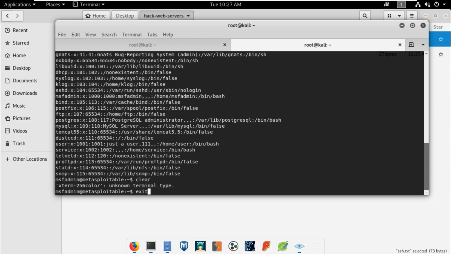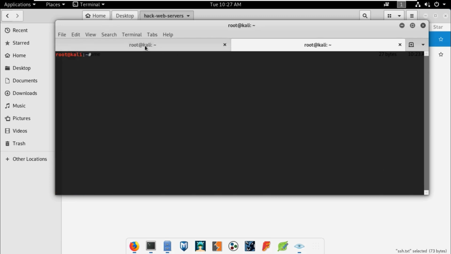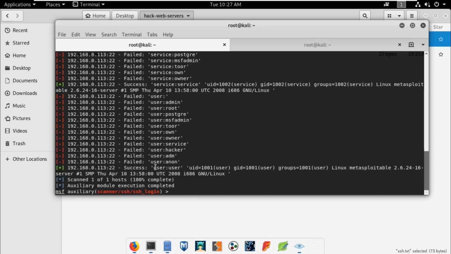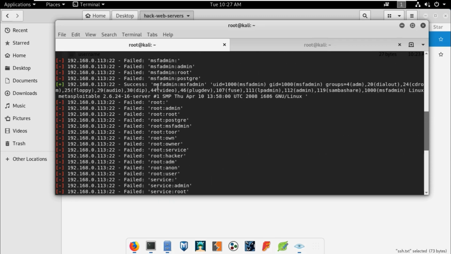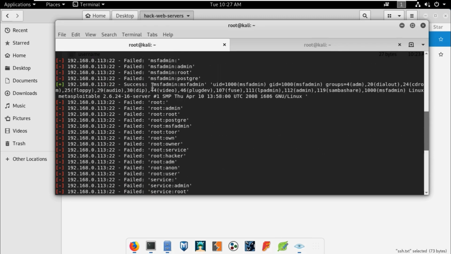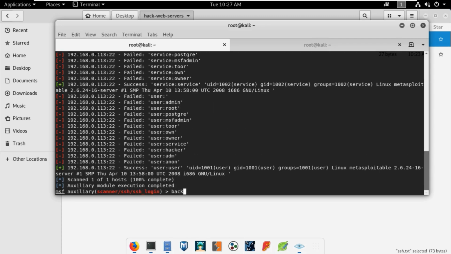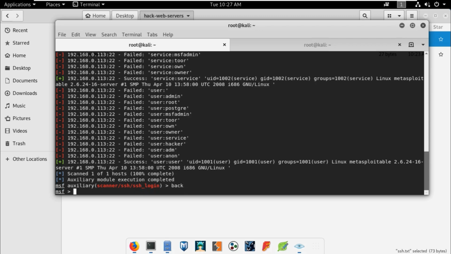Okay, just clear the terminal. As you can see, the user and this service and two more, I think, msfadmin. We have successfully got the three usernames and passwords by the brute force method. Okay, this is it. I think this is good enough to give you an idea of how you can use this method to gain access to an SSH server. Now get back to the main terminal.